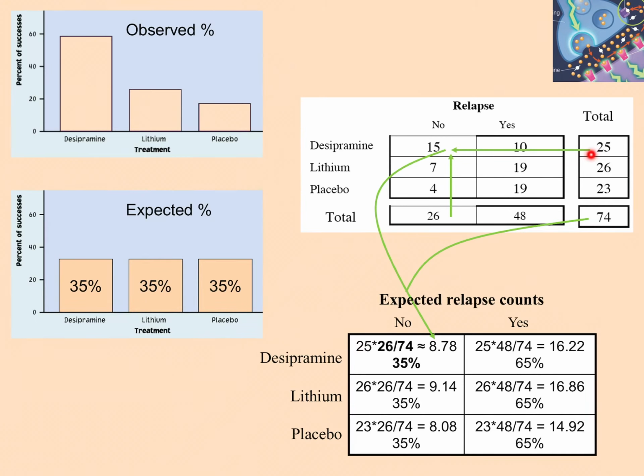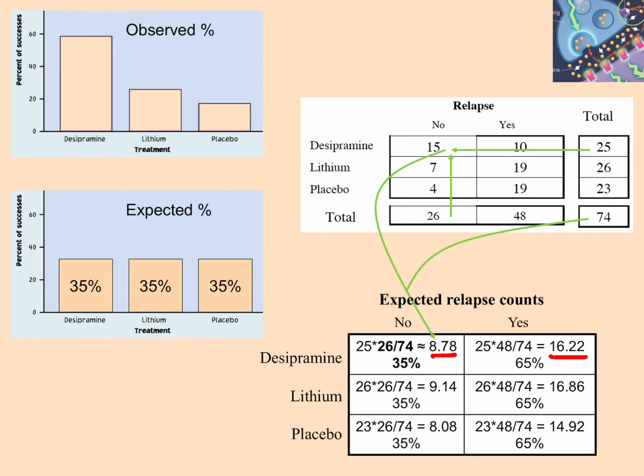So row total, 25, right there, times our column total of 26 here, divided by our table total of 74, gives us 8.78. Over here, we have row total of 25 times column total of 48, so 25 times 48 divided by 74 gives us 16.22. So you see we have expected counts of 8.78 for desipramine and no relapse,